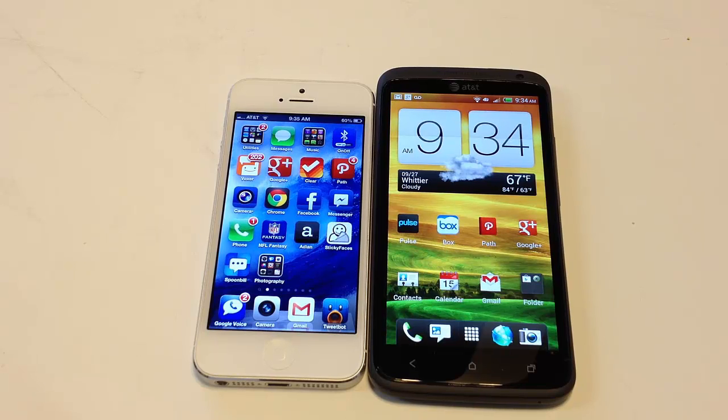So let's talk about the hardware. The hardware is an A6 chip. It's a very specialized chip where the gigahertz don't really belie the true speed of the chip. You have to go through benchmarking to really get to it. It's built on an ARM7 architecture that Apple has basically redesigned and re-innovated, making it some of the fastest they've ever seen out of that build. So it comes with a dual-core processor, which gives you a little bit over a gigahertz